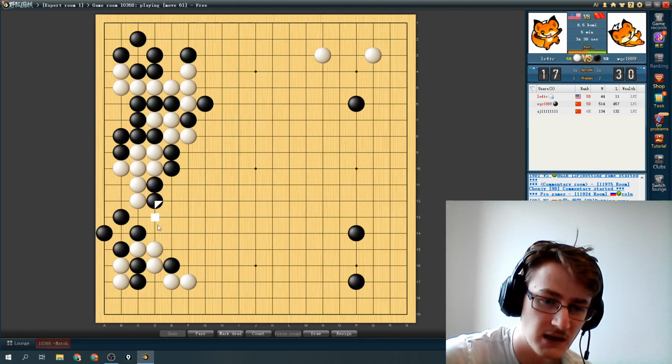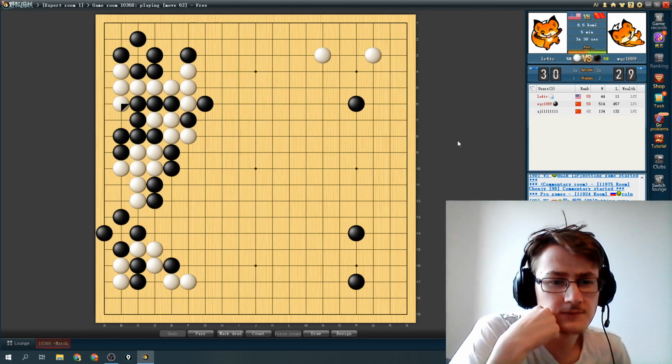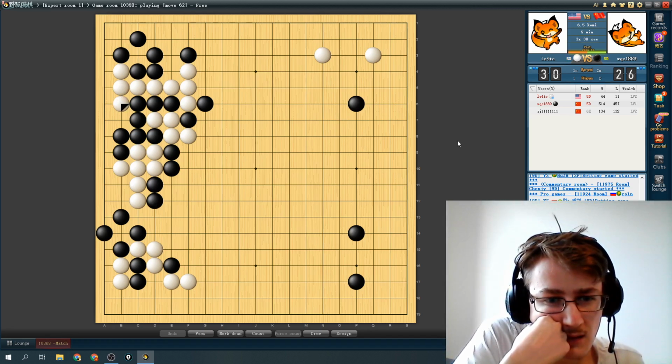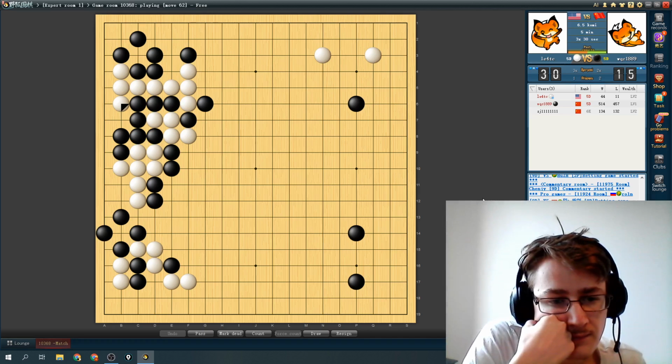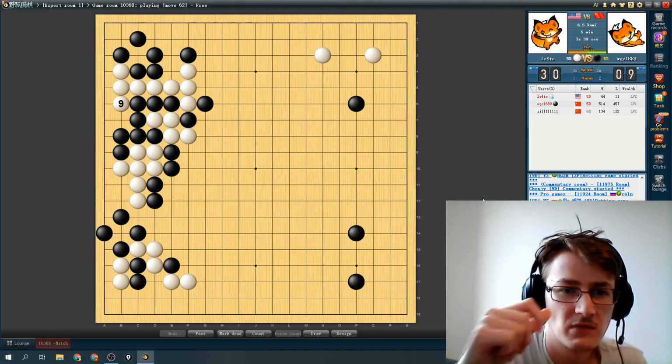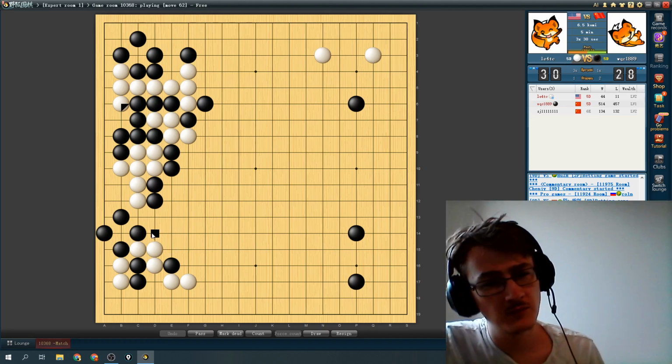So I could hane and stuff here, but in the interest of simplifying the game, I think I'll just take this. Now there's no danger of, yeah, everything should be completely alive. Black still owes a move both. This is a very big point, and also around here, it's very big. Last byoyomi. So if black pushes here,